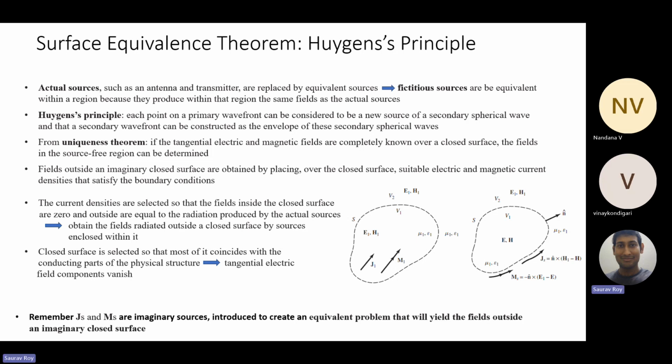So let us assume a problem. Let's say we have an antenna here, and at a 1 kilometer distance we have to calculate field. Often this is required. Okay, let's not take 1 kilometer. Let's take 1 meter. So even at 1 meter distance, through equation you have to calculate this electric field and magnetic field. That means you have to solve Maxwell equation, right? This Maxwell equation we generally solve using FDTD or method of moments. These computational tools are there, right? So now this whole calculation domain of 1 meter, if you have to calculate, it will take lots of time,